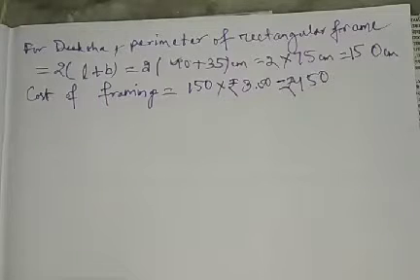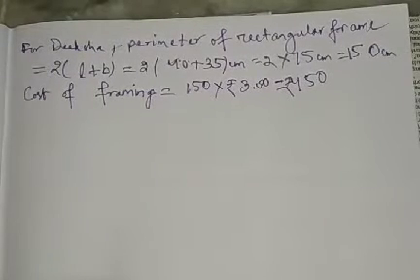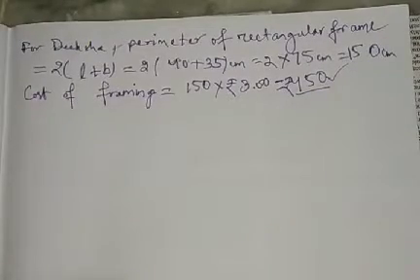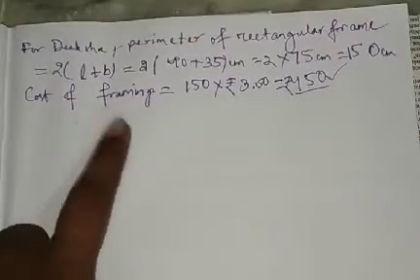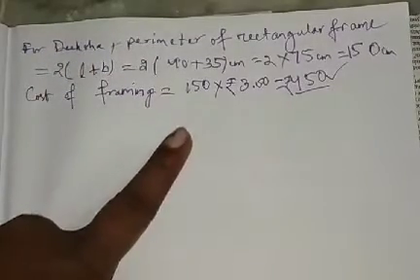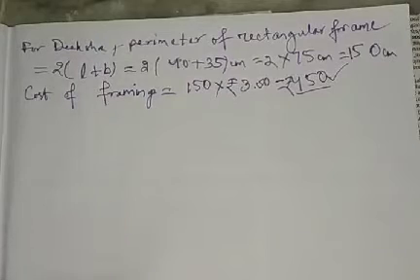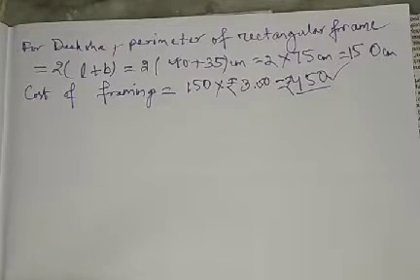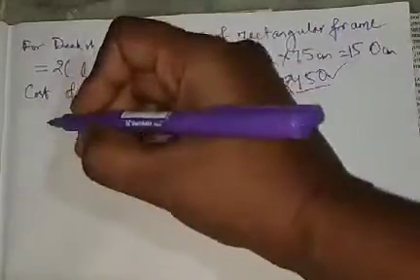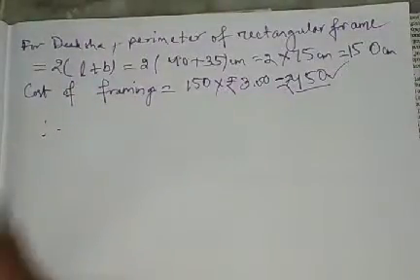So for Ayush that is 480, and for your Diksha it is 450 rupees. So who has more cost of framing? That our Ayush has